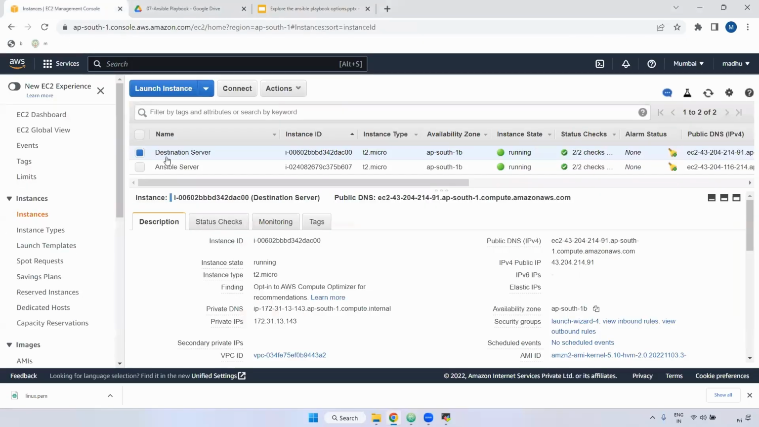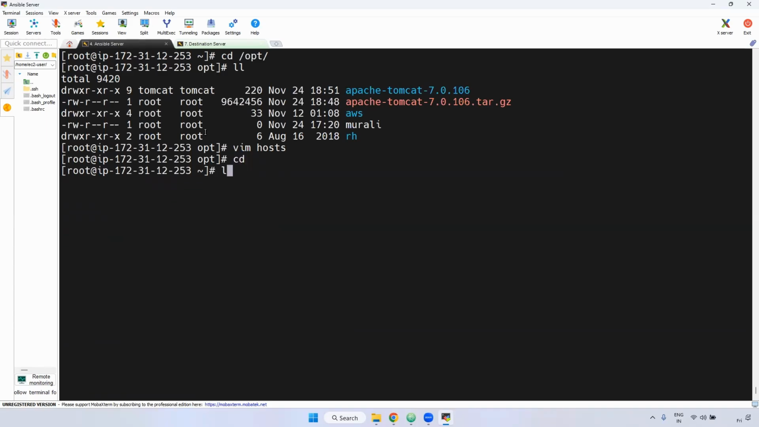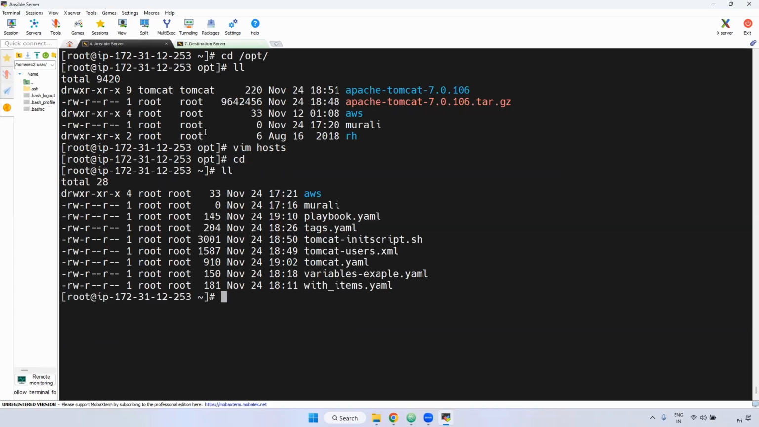Example, I'm declaring here the destination IP. Declare it here. Now you can save it. Usually, when you run the playbook, for example, I'm running the playbook,